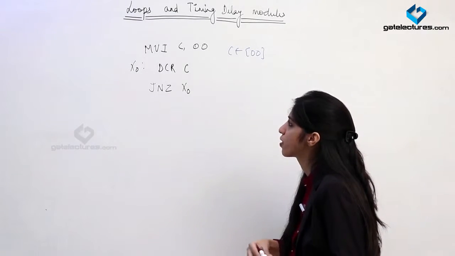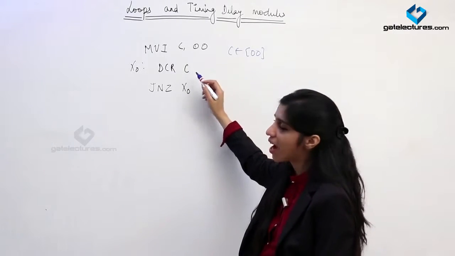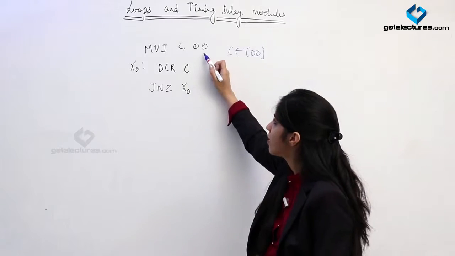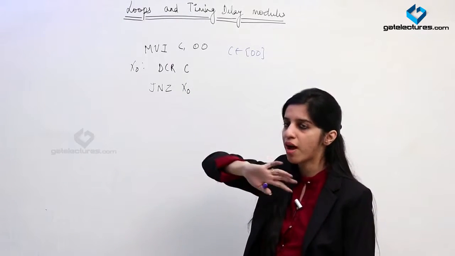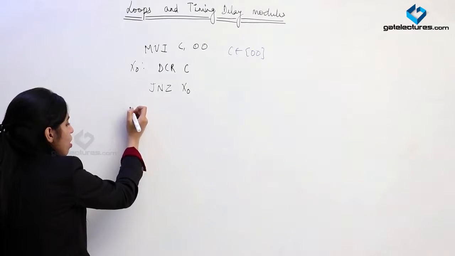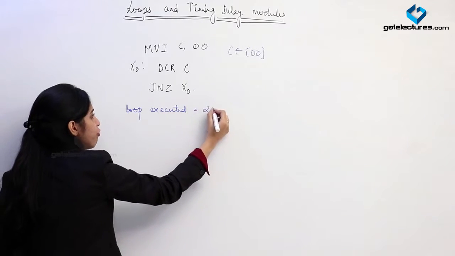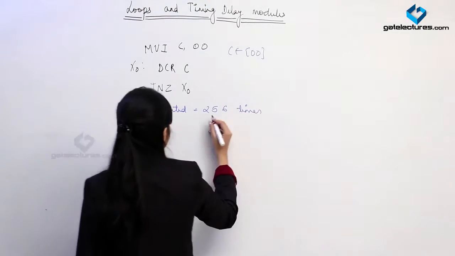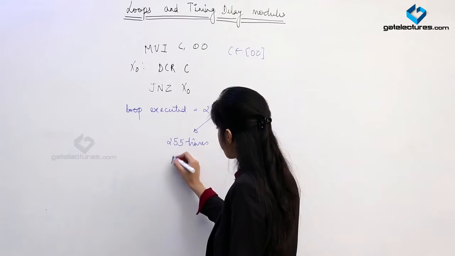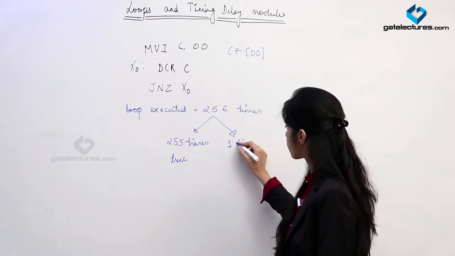Now what is actually happening in this program is we have loaded C with 00, we are decreasing the contents of C, and until the contents of C again become 00, this loop is going to take place. Now you know that from 00 to again 00 we are going to have 256 values, since these are in hexadecimal, right? So this loop is going to be executed 256 times, of which 255 times the condition is going to be true,